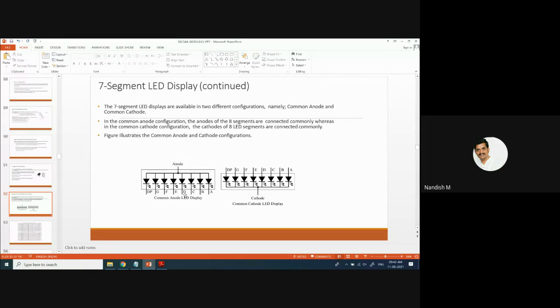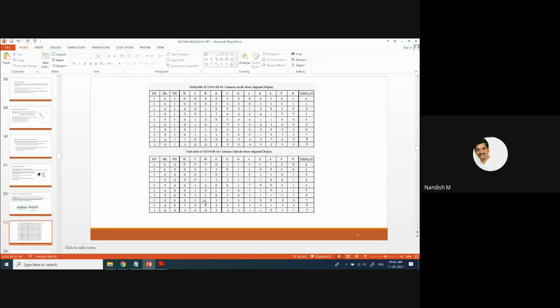This is a positive terminal and this is a negative terminal. This is negative and this is positive. This is the power supply voltage; here it is 5 volts. If you supply it to B and C, they are going to be on and all others are off. In the same way, in the common anode connection, if you supply 0 volts to B and C and all others 5 volts, then you will get 1 on the 7-segment display.